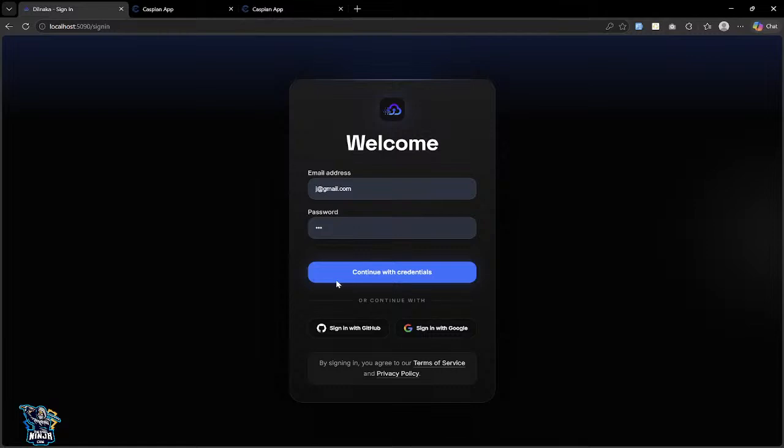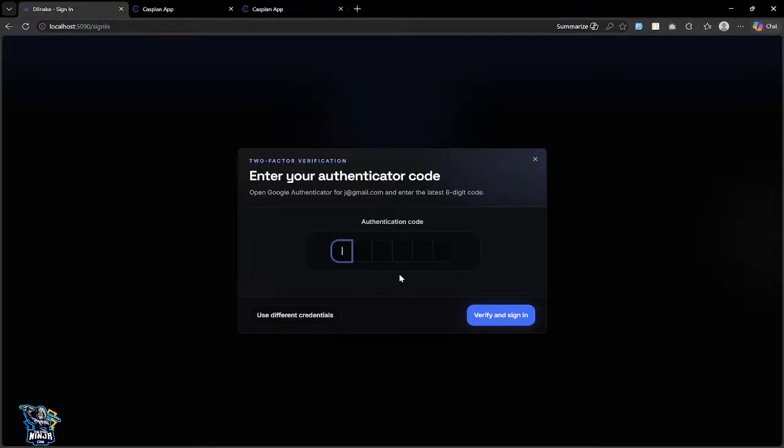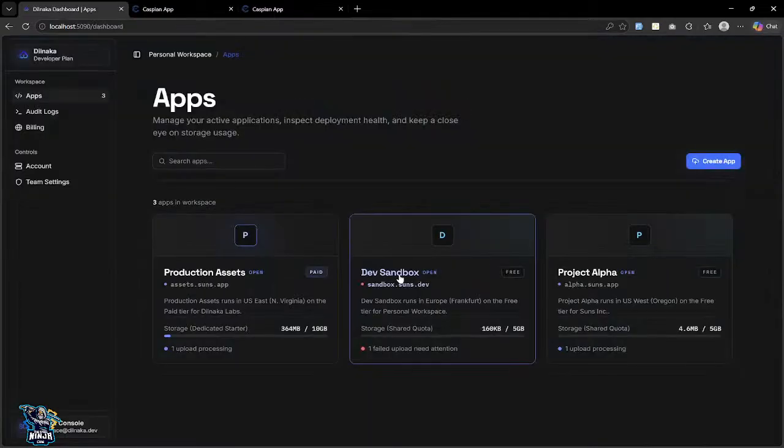Okay, so I'm running the project locally, so I'm going to log in. As you can see, I'm going to create an application,